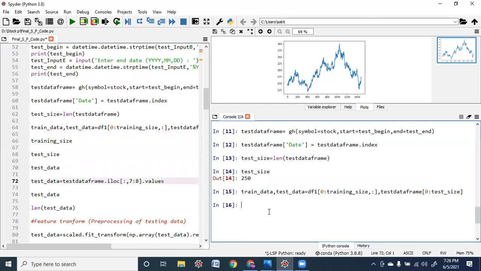Now this command, test_data equal to test data frame dot iloc colon comma, takes all the records, and the 7th to 8th column gives us the close value. So this is being assigned to test_data, which is another variable.